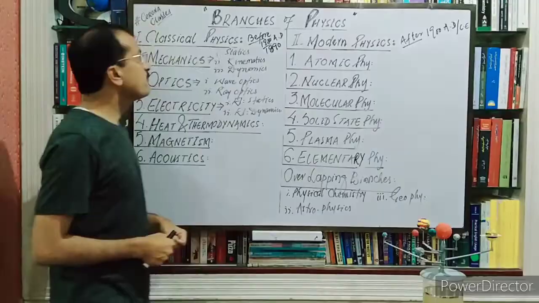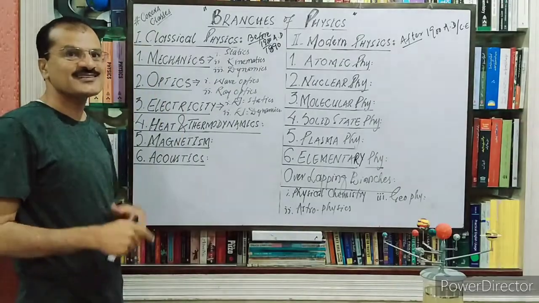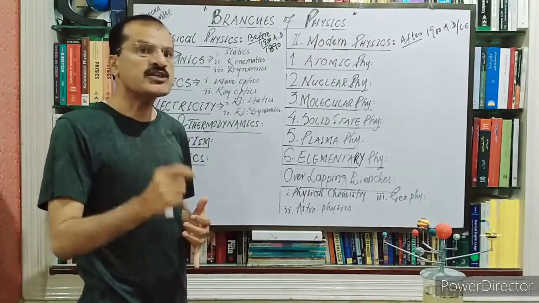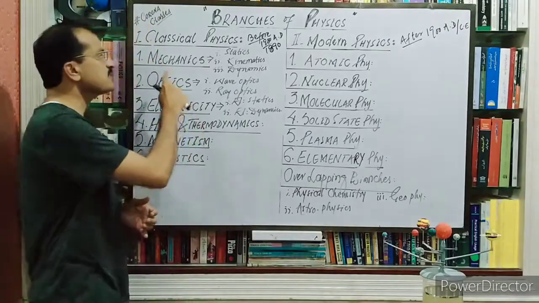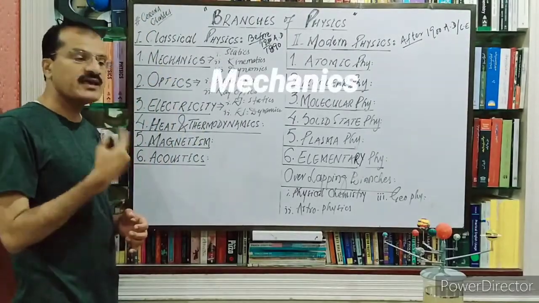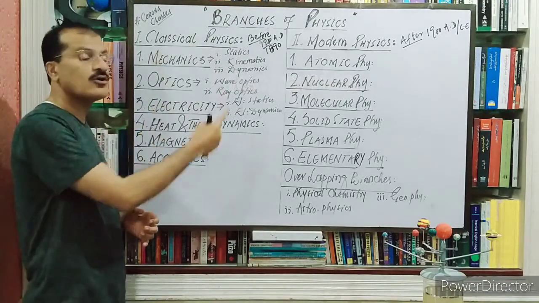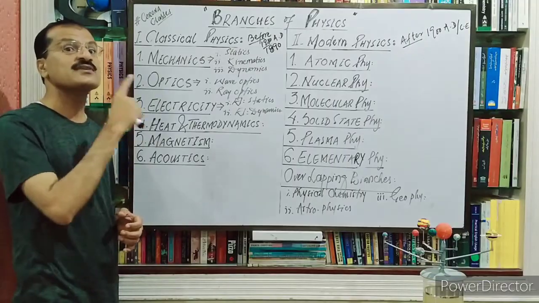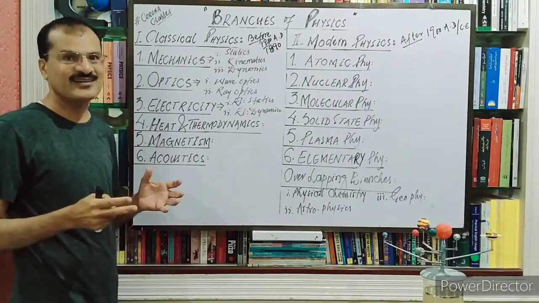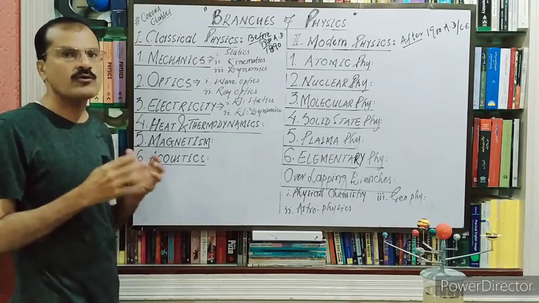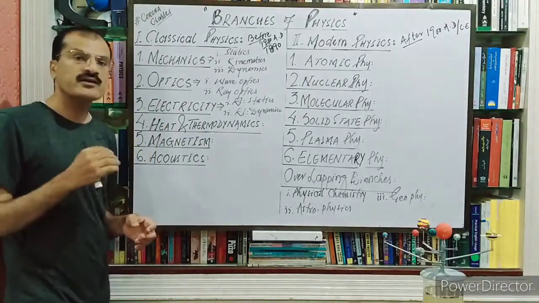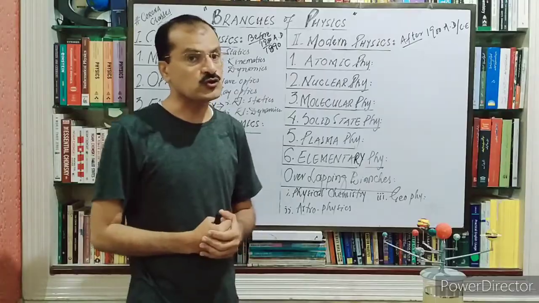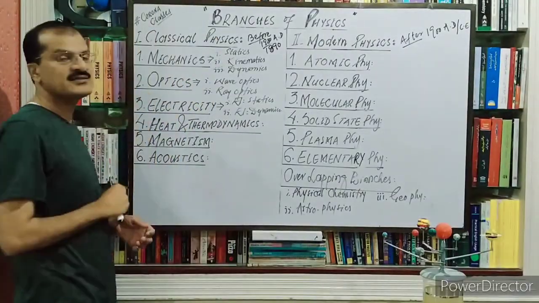Okay, let's start with classical physics, meaning Newtonian physics. First of all, you have to remember that the most important branch of classical physics is mechanics. We can say mechanics is the basic branch of the whole physics, because without understanding mechanics we cannot understand physics completely or clearly. It is impossible, because the whole physics is based on mechanics. Without understanding the terms of mechanics we cannot talk about any other branch of physics. So a very important one is mechanics.